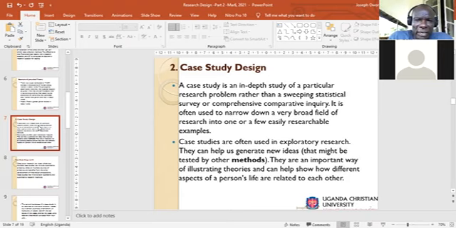Most students like to use questionnaires a lot. Questionnaire is one of the most abused methods of data collection. But an in-depth study would probably not use a questionnaire. You probably use observation, or you use in-depth interviews, or you use focus group discussion. That helps to study in depth,